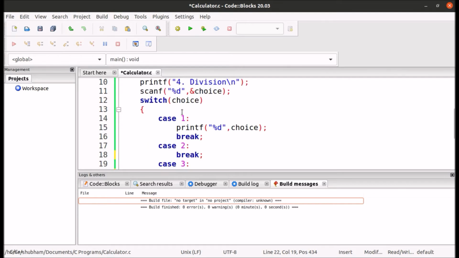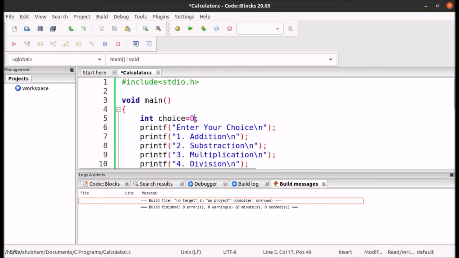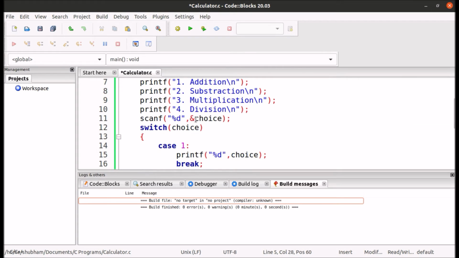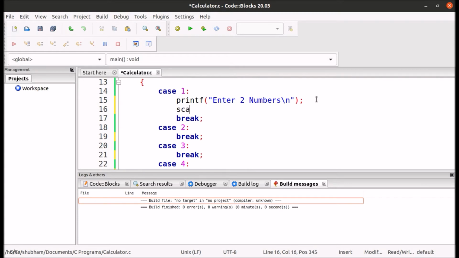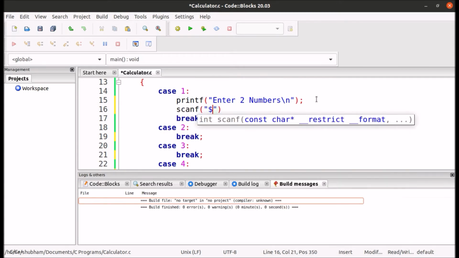Let's take two numbers, int num1 and num2. We will take these two numbers from the user. So let's change our statement, printf enter two numbers and slash n, then write the scanf statement, scanf %d and num1.